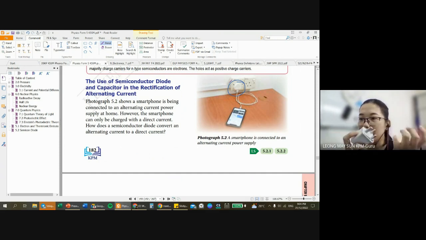Because the power supply, these cables, this tree, I've forgotten what this is called already, is connected to the alternating current power supply that is transmitted from TNB. TNB provides us with alternating current because it's cheaper that way. But we don't want that to charge your handphone. Imagine if you're charging your handphone with alternating current. Alternating current means like this,